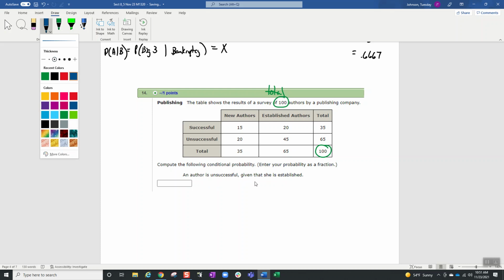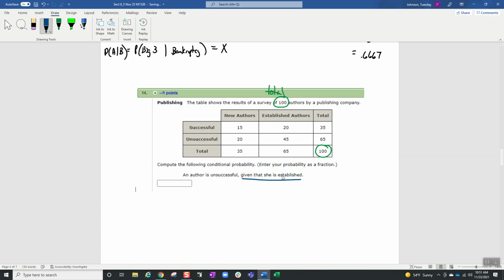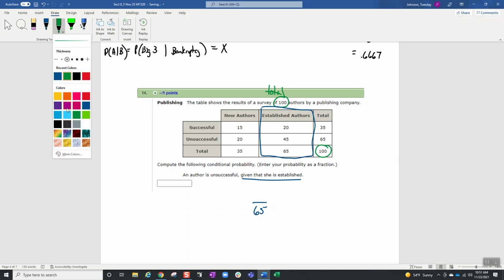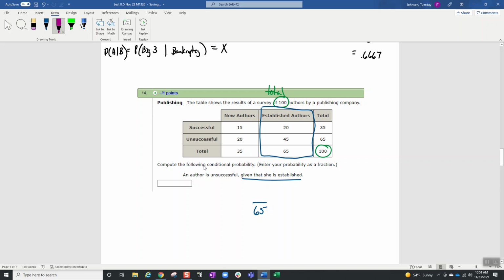All right, find the conditional probability. Given that she is established, I only care about this group right here. There are 65 established writers. Of those 65 established writers, I want the author to be unsuccessful. And this is a fantastic way of doing it, and that's the answer, 45 over 65, but we would probably reduce this